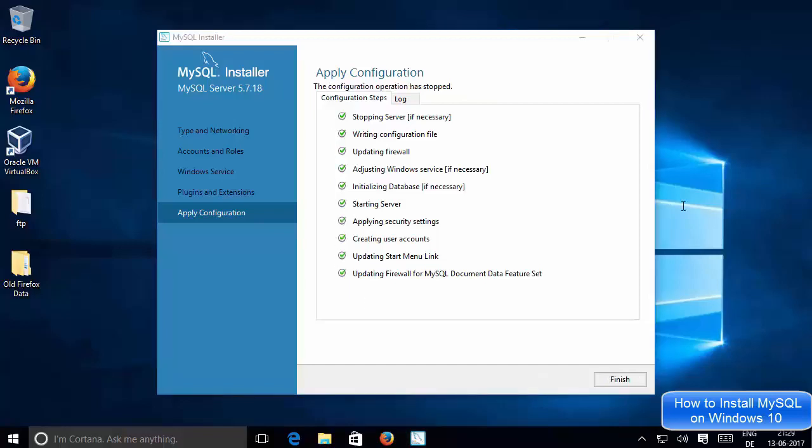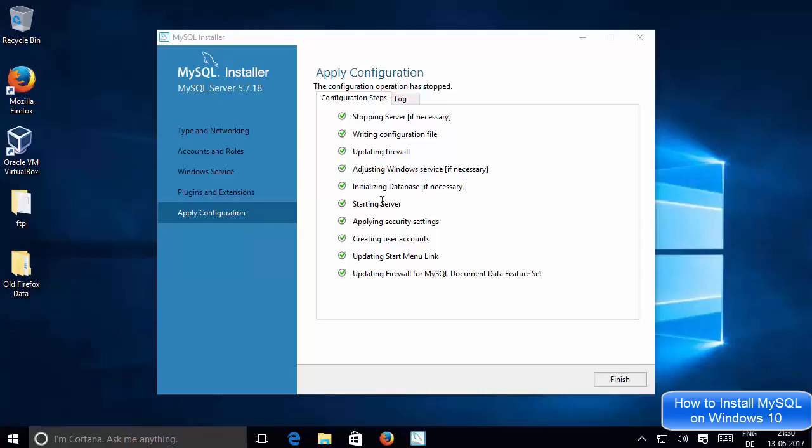So now the configuration steps have been completed, and let's see what the configuration steps are. It was stopping the server if it was running, then writing the configuration file, updating the firewall, and then adjusting the Windows service if necessary, initializing the database, starting the server. So it has already started the MySQL server.